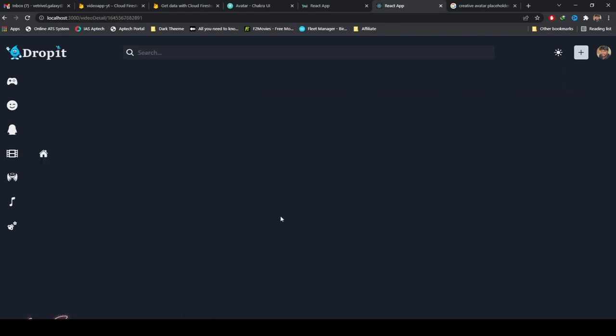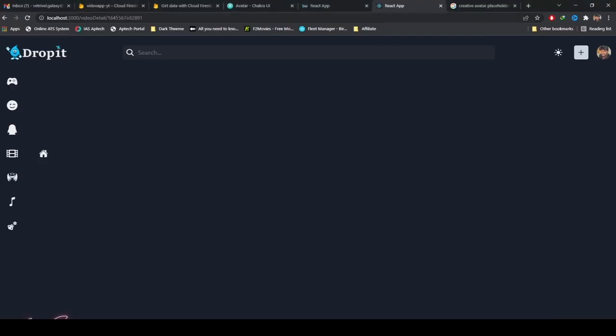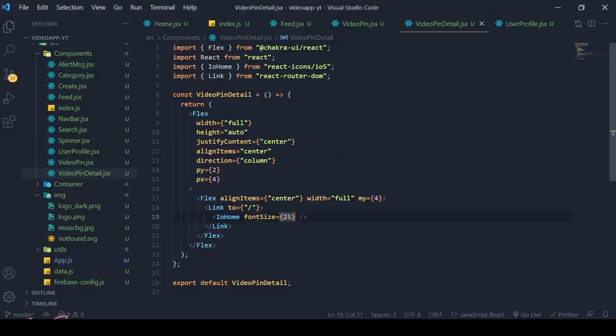Okay, it's good, it's working good. Then what we need to do, we need to display the text title, video info title. So we are going to fetch the video detail by using the parameters. Because we are passing this user ID in the parameter, we will get that user ID from the parameter. To get that, we need to use